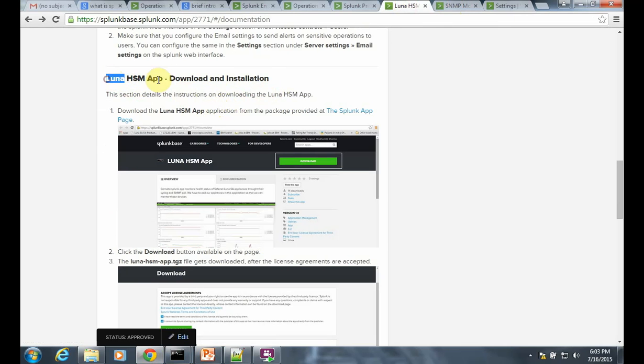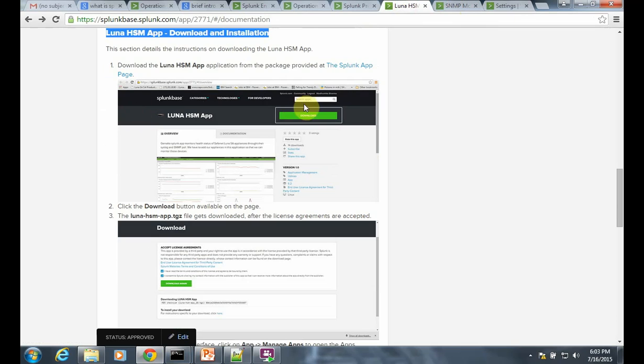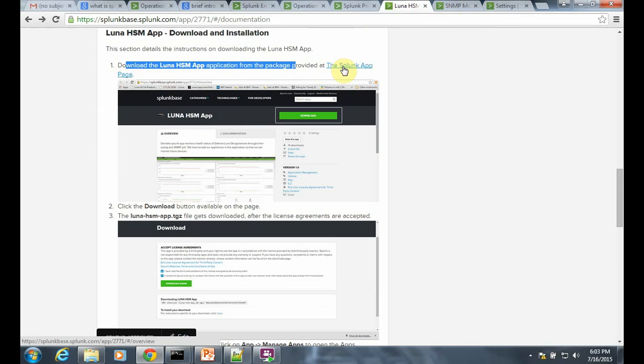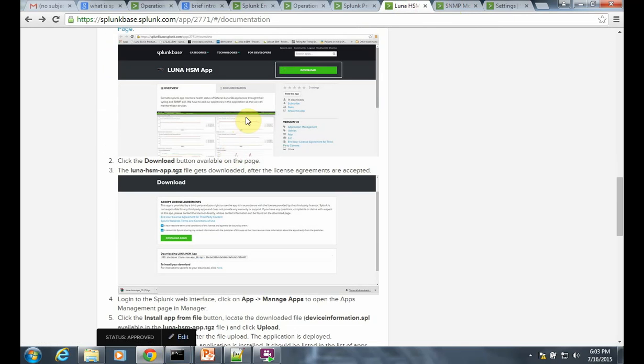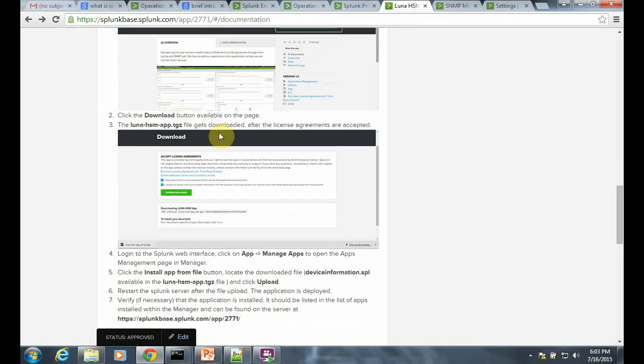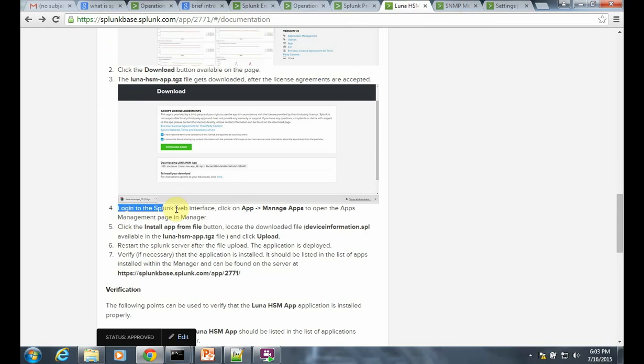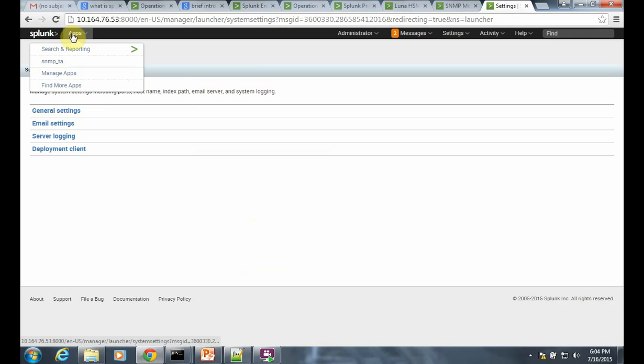This is Luna HSM app download and installation. So, download the Luna HSM app. The application link is given. I have already explained how we can download this application. Now moving on to the fourth part, how we can install this application. Logging into the Splunk web interface, click on the Apps, Manage Apps link to open the app management page. In the manage apps link,